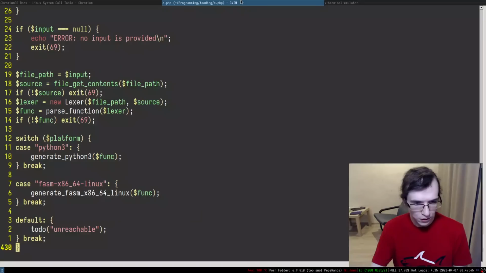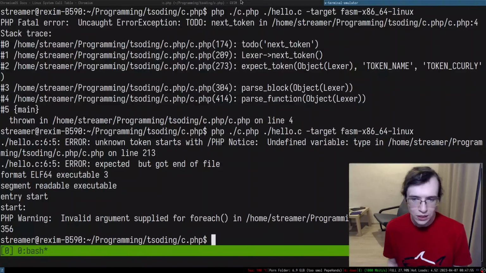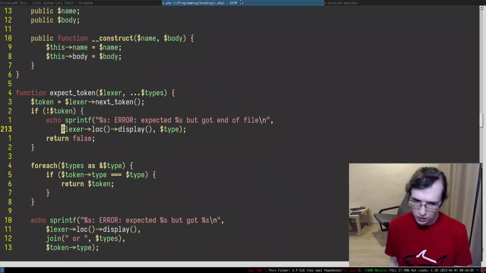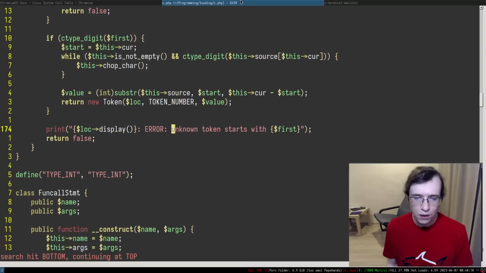Undefined variable type, 213. There was some sort of expected that was... That is weird. What is going on? Okay, unknown token starts with that. Obviously, I forgot to put this thing in here.